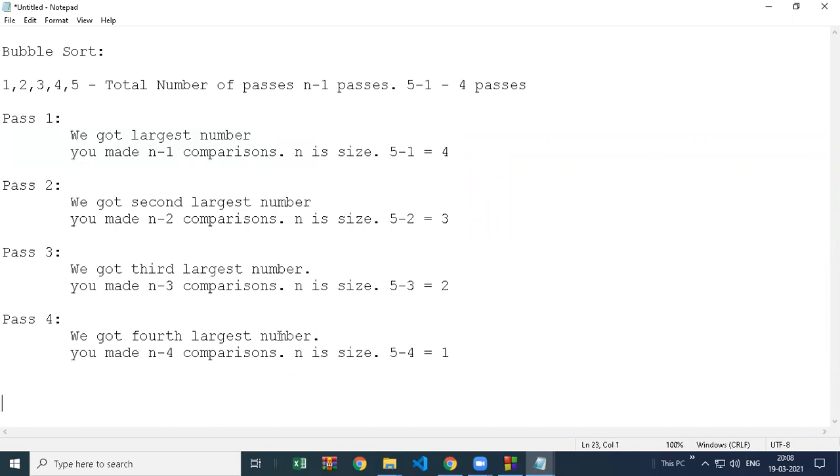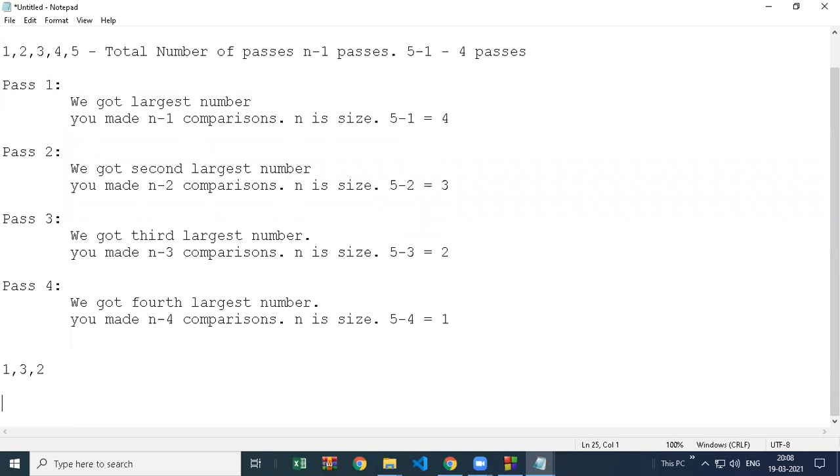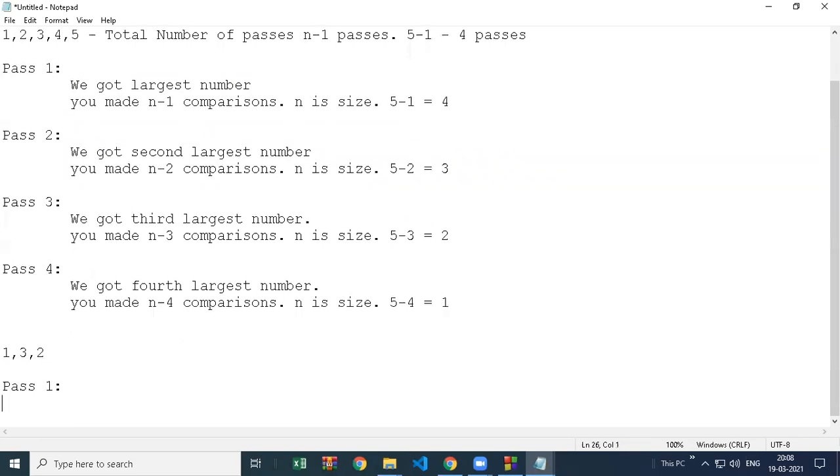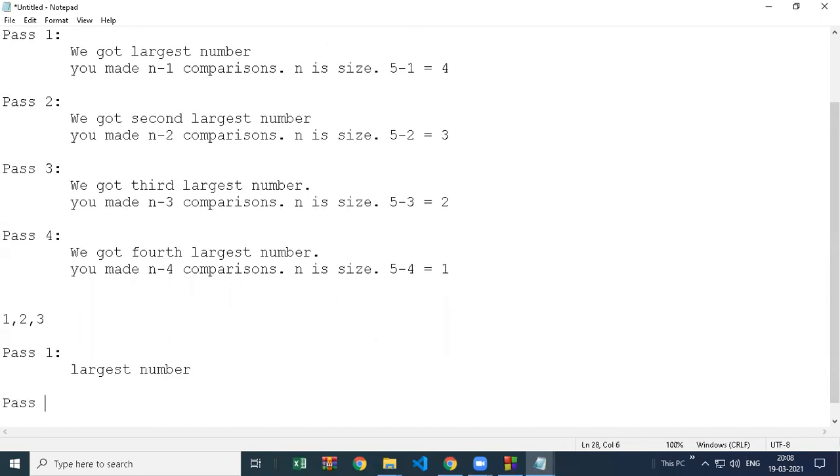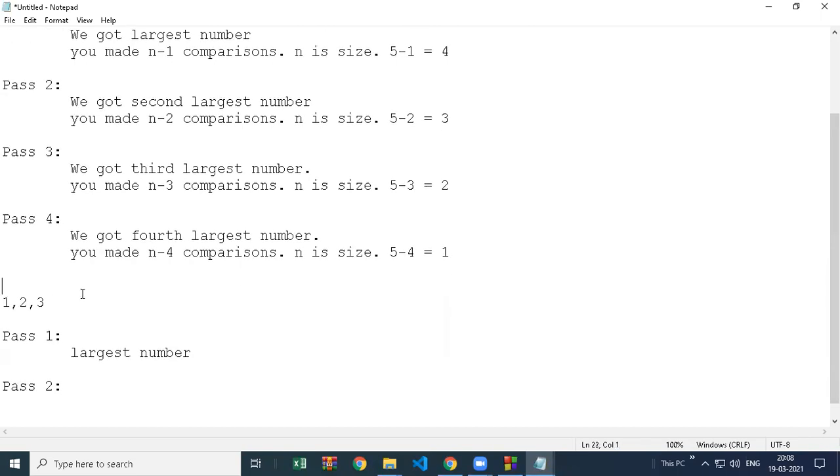If you want, I will give one more example to you about the problem of bubble sort. Here in pass 1, we'll do 1 is greater than 3? No. 3 is greater than 2? Yes. So swap it. Okay. Done. So you got the largest number, but still we will go with pass 2. You know your data is sorted. You can see the data is sorted because currently I'm just giving an example here.